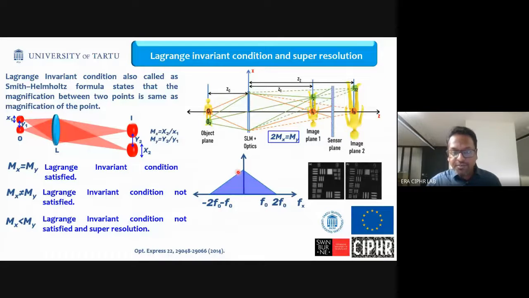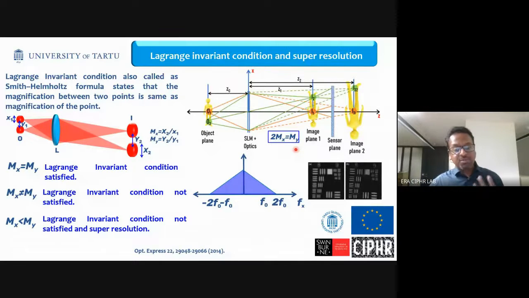So I have created a figure to explain this using geometry. There are 2 points, O1 and O2. These are the 2 images formed by the 2 lenses. If you see this I1 and I11, the fringe frequency here just involves the quadratic phase from the 2 points. But here, I2 and I22, along with the quadratic phases, there is a linear phase. And this linear phase, when they are in opposite directions, they add up, increasing the fringe frequency to twice. So consequently, the magnification mx is actually half of my. So this is the maximum we can achieve.